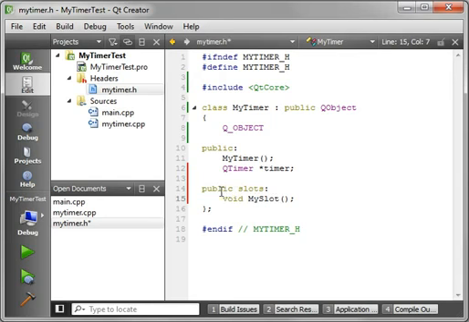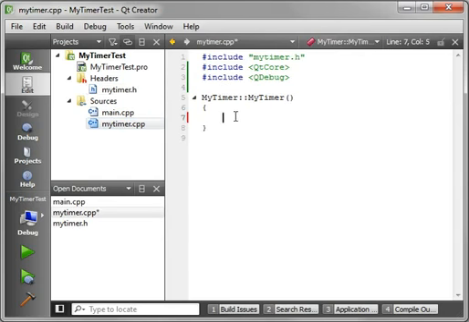That is the only difference right there. As long as your function is listed underneath a slots, you can have public and private. As long as it's listed underneath slots, it'll be treated as a slot. Alright, now let's flip into our actual implementation file here, and we're going to say timer equal new